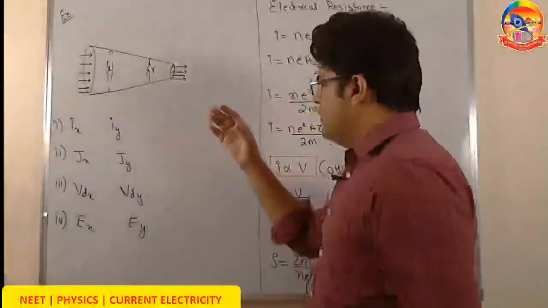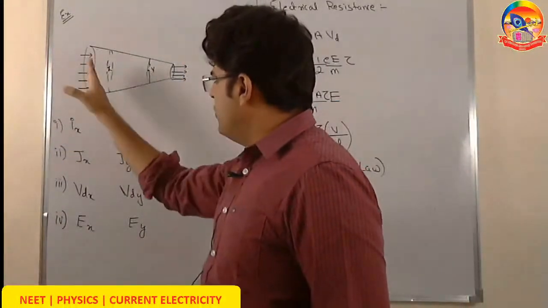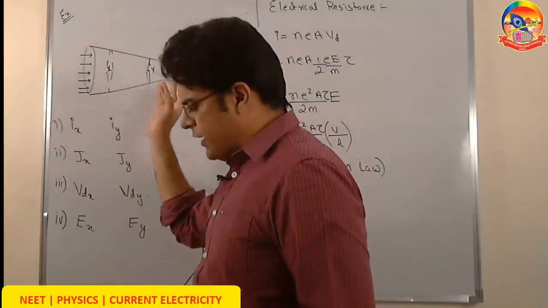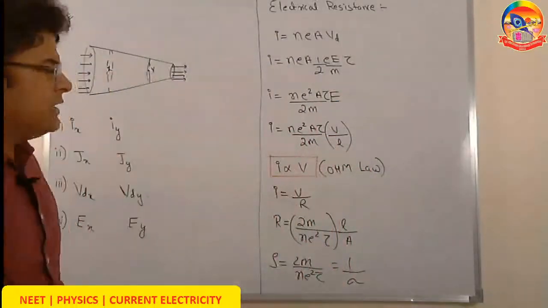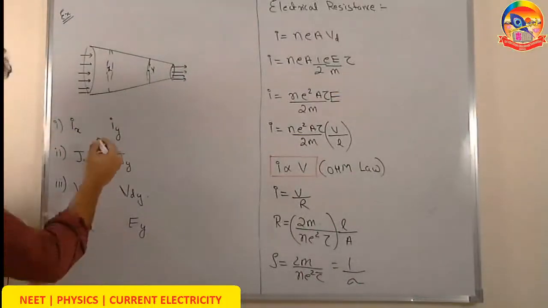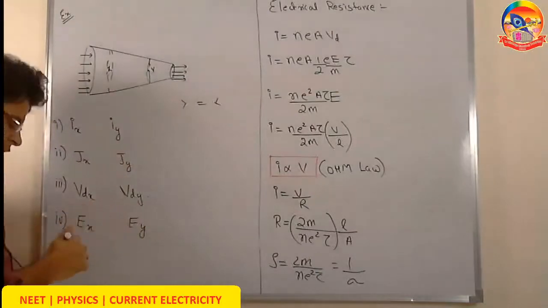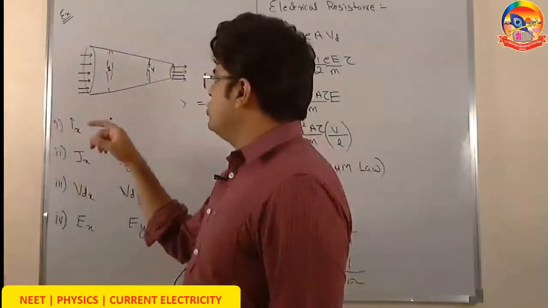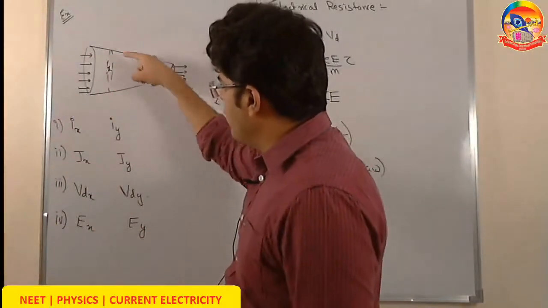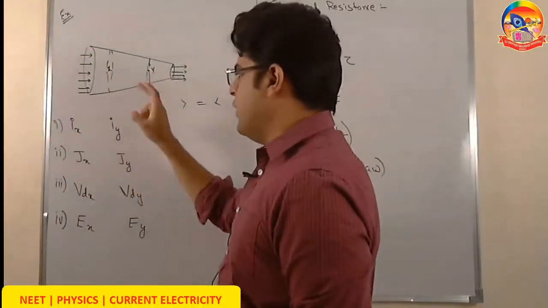So now in this next example, we have got a truncated cone. We can see that the area on the right is less than the area on the left. Let's say some current enters from here and exits from there. We have to place greater than, equal to, less than signs everywhere here. Think of two cross-sectional areas, one at the greater area, one at the smaller area. The first question: will the current at x be more or the current at y?